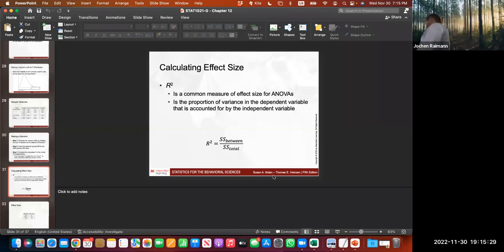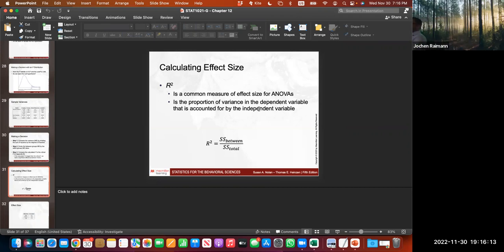However, we also want to quantify the effect size, and the effect size here is quantified not with Cohen's d. Now we're moving into the realm of regression in a way, because in regression, the R squared is essentially the amount of variability that is explained by a regression model from the overall variability in the existing data at hand. Also here, it is basically the proportion of variance in the dependent variable that is accounted for by the independent variable